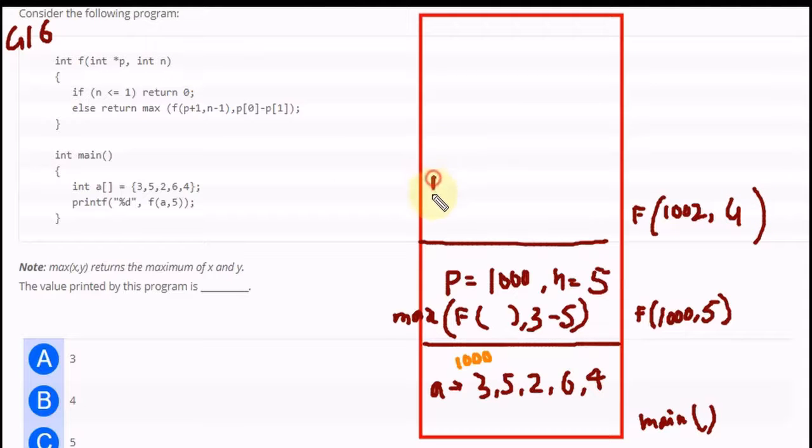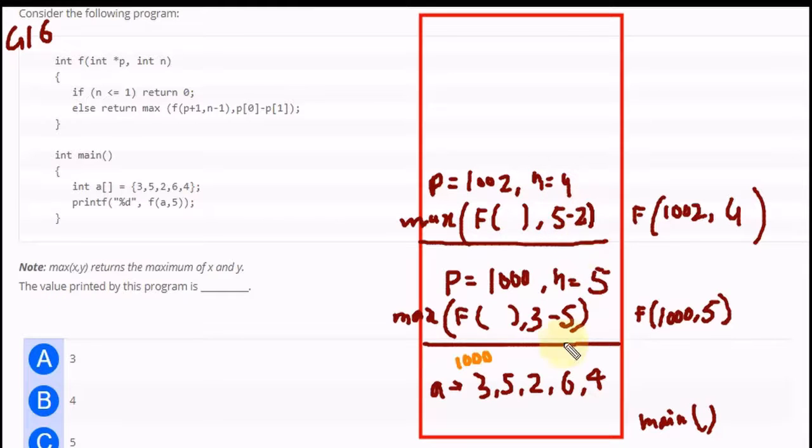In this function, the p value will be 1002 and the n value will be 4. Again we are going to return the maximum of the value returned by this function, and 5 minus 2, because now our p[0] is at 1002 and p[1] is at 1004.